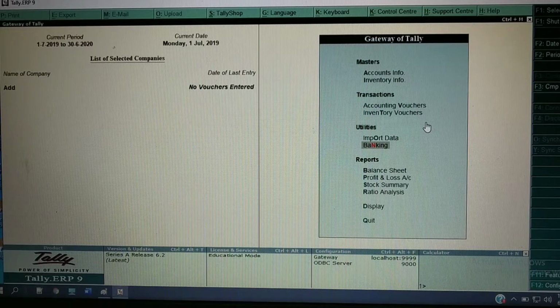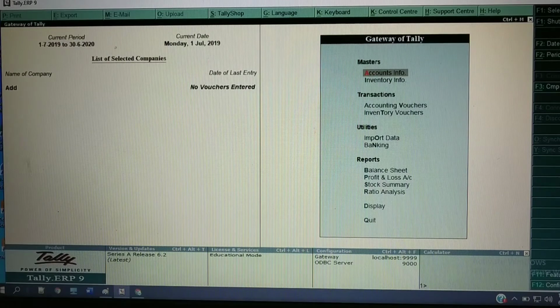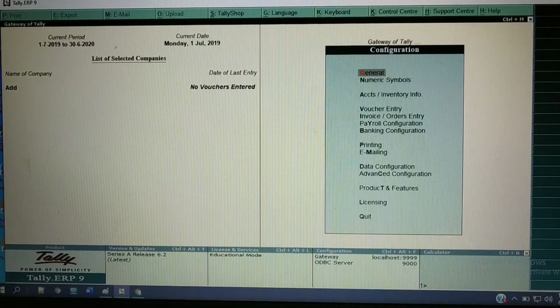And configuration is application level. It is not possible to set the company level configuration as in F11 features. Whatever changes you do in features will be applied for the specific company, under the company level. And whatever changes you do in configuration will be under the application level. If you want to make any changes at application level, then you can press the F12 button from your keyboard, and then this configuration window will be displayed here.